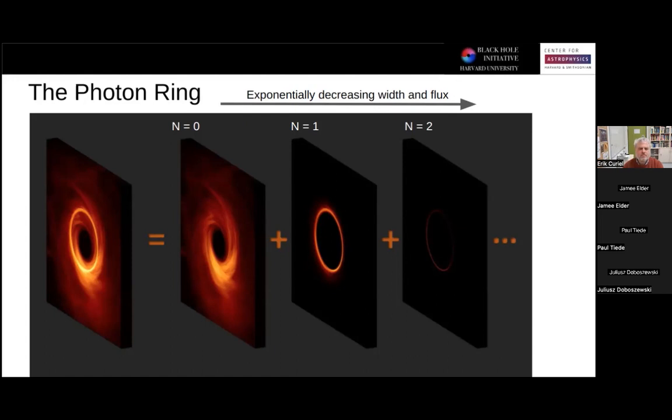And so the goal of this talk is to figure out a way to use some sort of telescope like the EHT to get this one, n=1. n=2 is really thin, really dim. This is going to be basically impossible, but maybe there is some hope that you can grab this n=1. And so to do this,